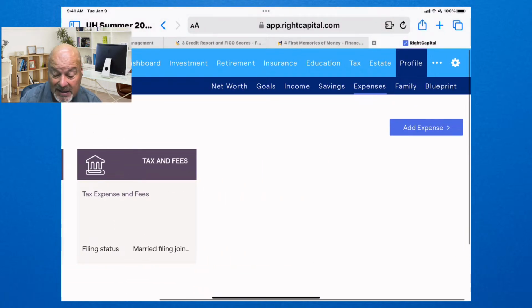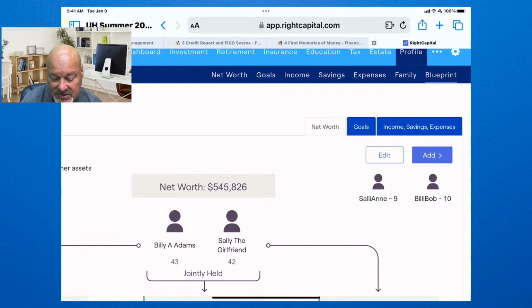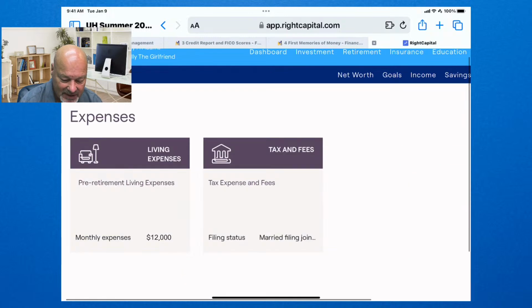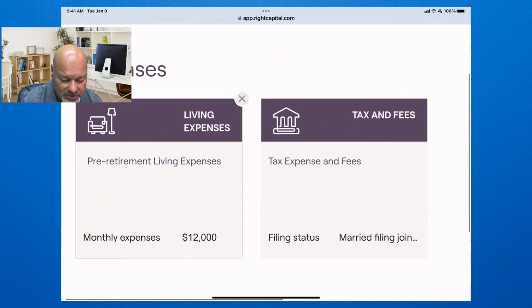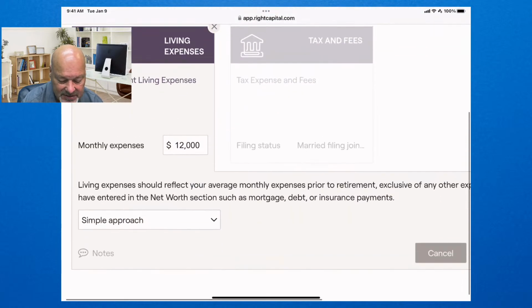But then when you get to this card right here, expenses, see what I did. I want you to see how I got here. I went to Profile, and you've got Blueprint over there. That's something we'll get into later, but we've got family, expenses, savings, income, goals, and net worth. So those are the data cards, 6 of them. Starting with who are you, what's your birthday, you'll add that to your plan. But then when you get to expenses, you'll notice you have these expenses, and I want you to click on that.